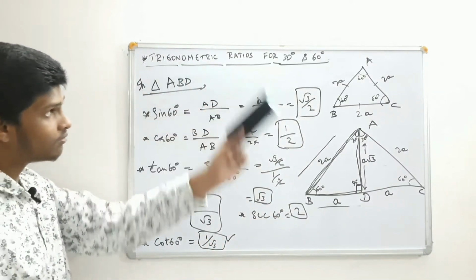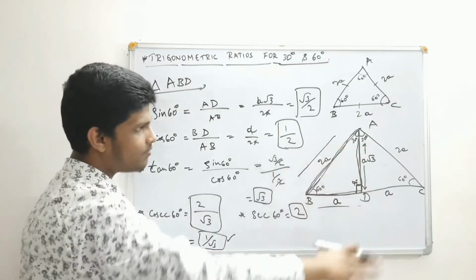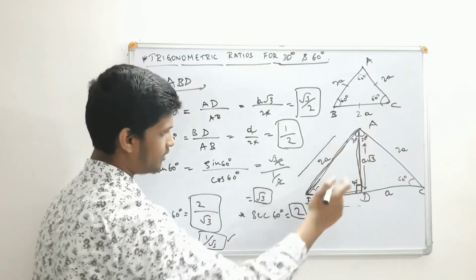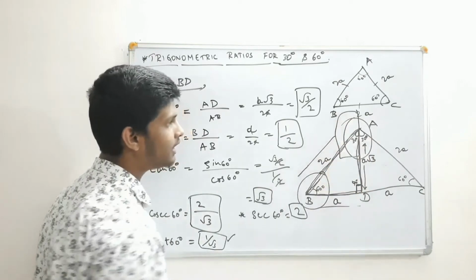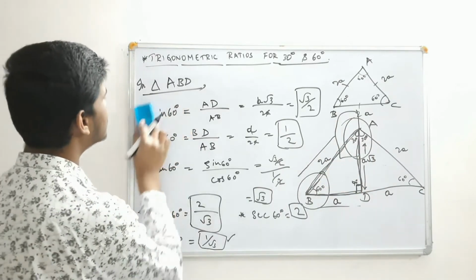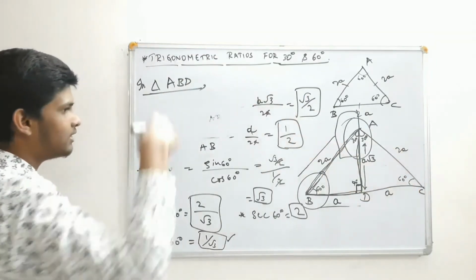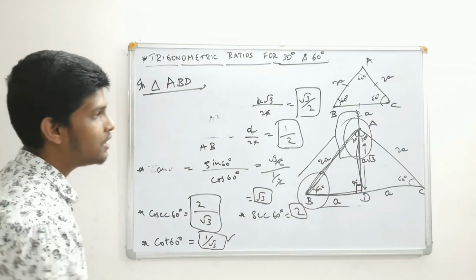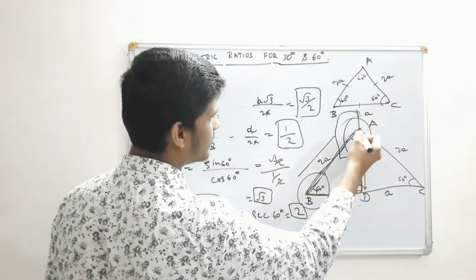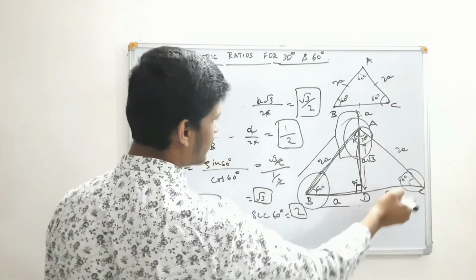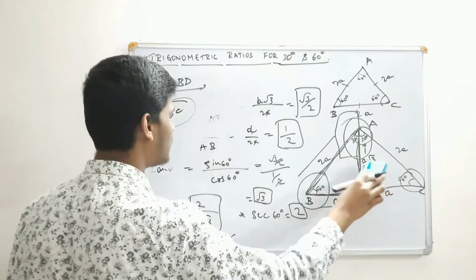Okay, now let's find for 30 degree. And again for 30 degree also the same triangle, same thing, but this time we are considering this angle. Now we will consider this one angle, not both. Okay, so let's find in the same triangle. If you want you can take even this triangle, but I'm taking this triangle because this side is convenient. Or you can take even triangle ADC also. In that, if you consider this is 30, this is 60, and here A, root 3 A, 2A, same, it will be the same because these both triangles are congruent.